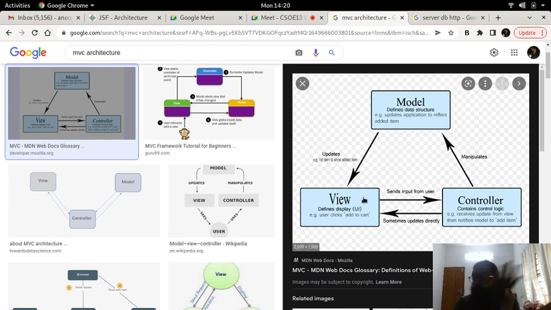But on the back end, when the database needs to be updated, or when the database needs to be read from, or when the whole application needs to save some data for a short while, in all these situations you have to invoke the model and the controller as well. The view is going to interact with the controller by sending the input from the user. The controller then runs the logic based on the input, and then it manipulates the model.